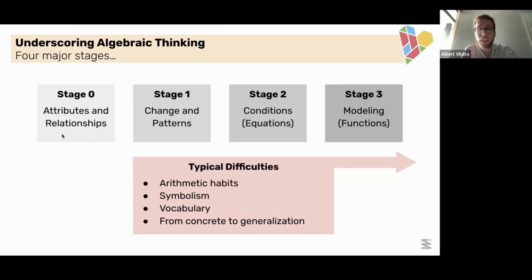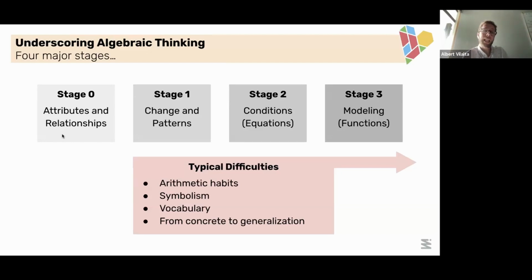Stage 0 is recognizing, and this is kindergarten, recognizing attributes and relationships. First between shapes, between simple numbers, and later on, in high school, we will develop relationships between variables. Stage 1 is understanding change and pattern. You cannot understand what is a pattern, which is a repeated rule, if you don't understand change itself. And to understand change in stage 1, you need to understand what is changing, and that is stage 0. You see how it builds upon each other, right? If you understand the attributes and relationships in stage 0, you can then understand what attributes are changing,